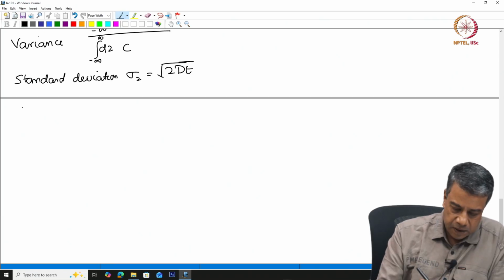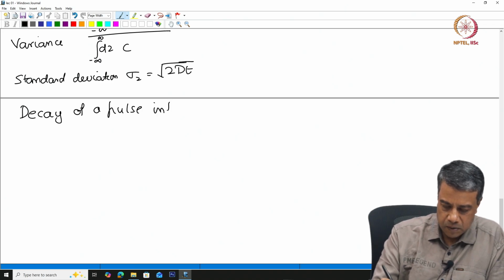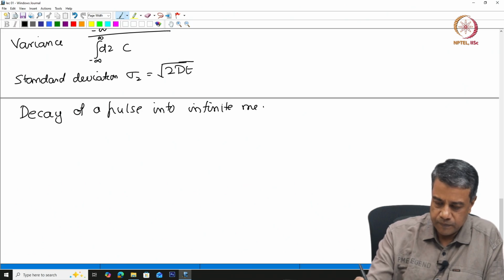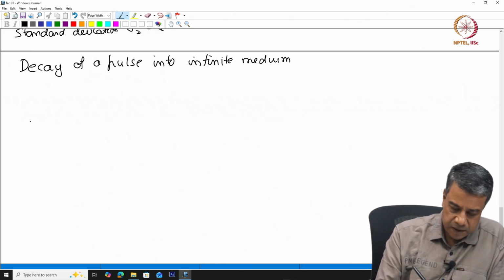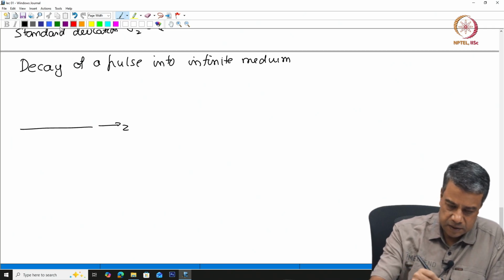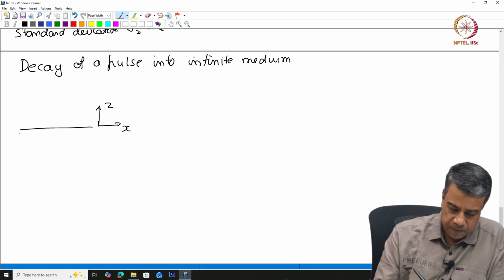So, in the last lecture we were discussing diffusion into an infinite medium, the decay of a pulse. So, basically you have the z, sorry, this is the x axis, x, this is z. You inject a pulse into the